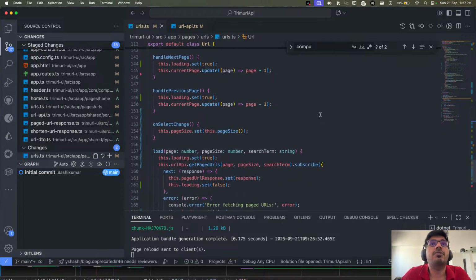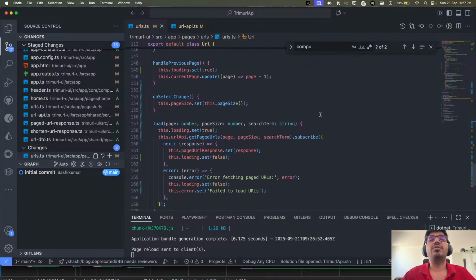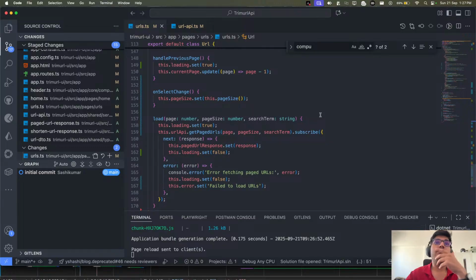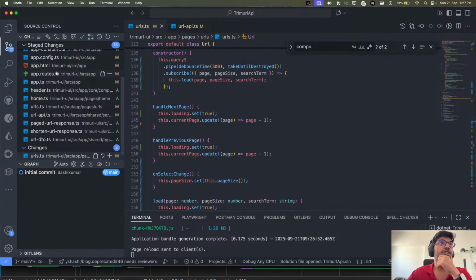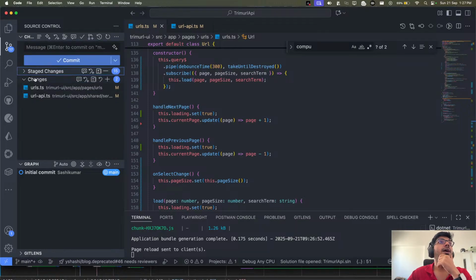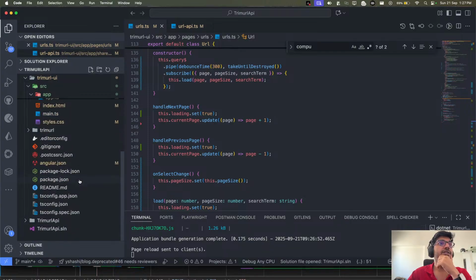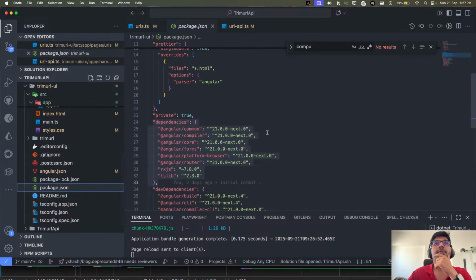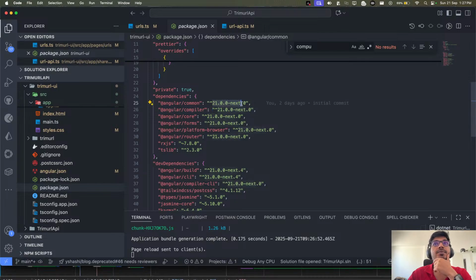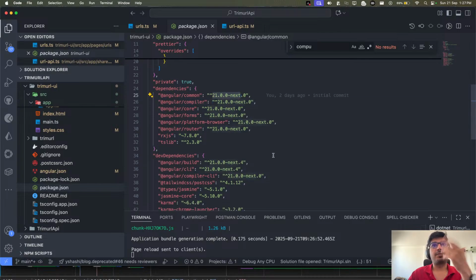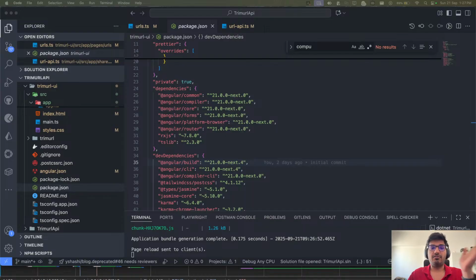Now, I will be focusing on the next thing. I actually want to explain a new way, because of which I have added my package. If you see my Angular version, it is not version 20, but I'm using the beta version, which is Angular version 21. This is the upcoming one, which I think will come in the month of November, or maybe mid-October, I don't know. The Angular team will be coming up with version 21, and this version has a very interesting thing, and that is nothing but signal forms.